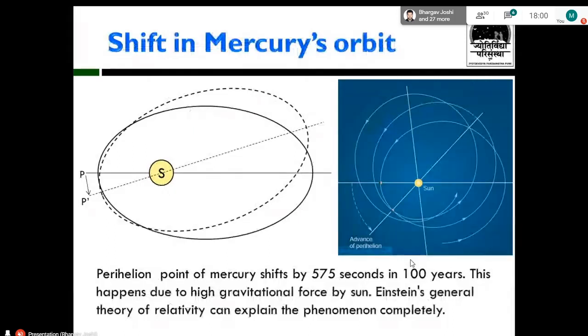Yeah. So if you can see, this displays the elliptical orbit of Mercury. The point on the left-hand side is peri, and the point on the right-hand side is ap, so perihelion and aphelion. But the orbits of the planets are also not fixed. They keep on moving. This entire thing is called nodal precession or apsidal precession, which means the orbit itself is shifting, and you can see the shift given in the text below. This does occur in the case of Mercury, and it can be predominantly detected.